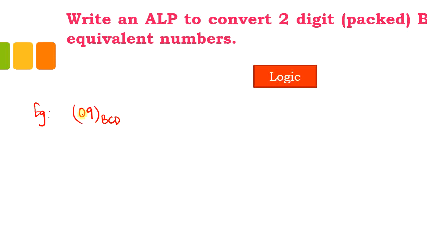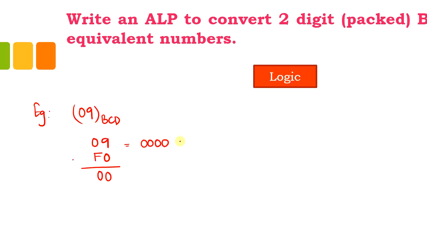So what I will do is, I will take this number 09 and I am going to mask this with F0, okay. Now when I do that, what happens? It will be 0, 0. That is because masking is nothing but equivalent to performing the AND operation. So equivalent of this is 0, 0, 0, 0.